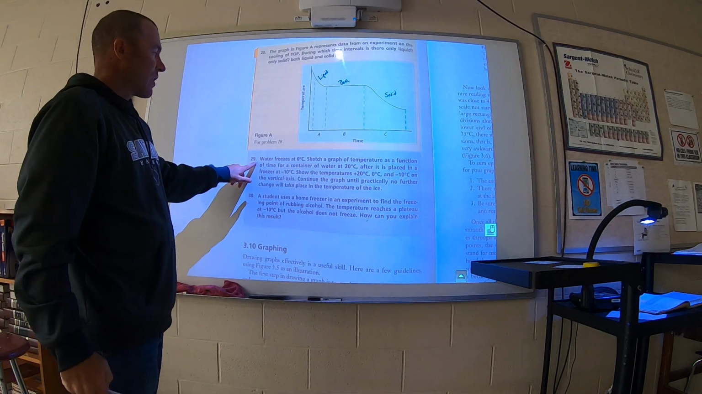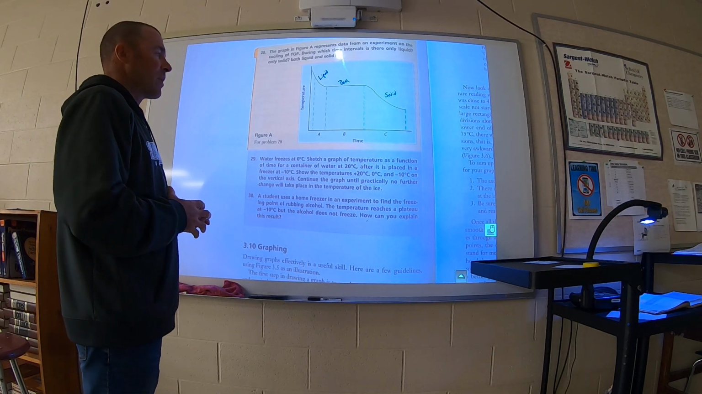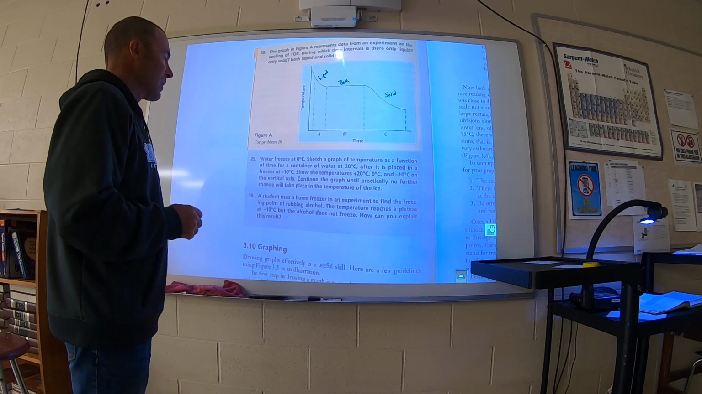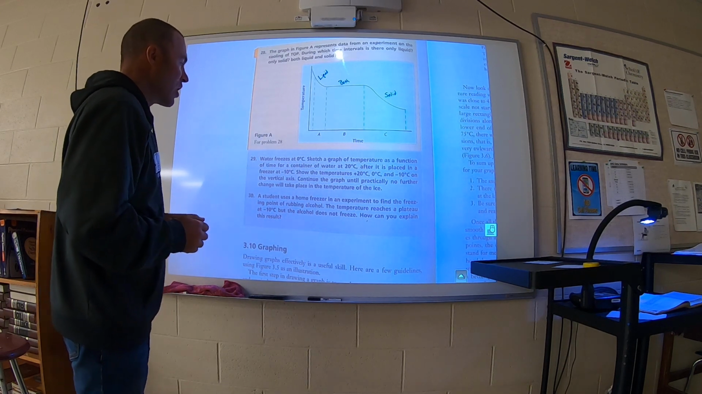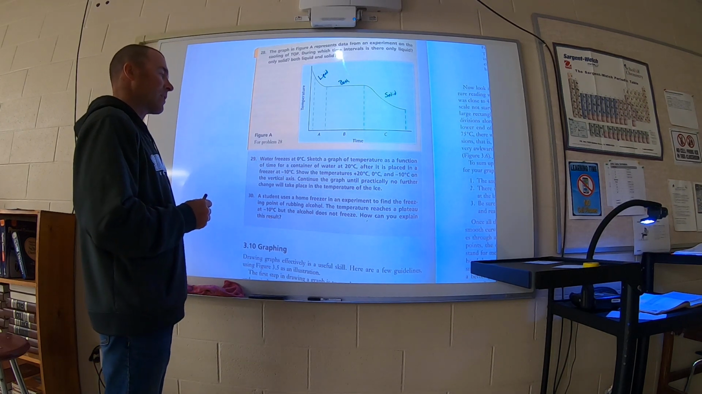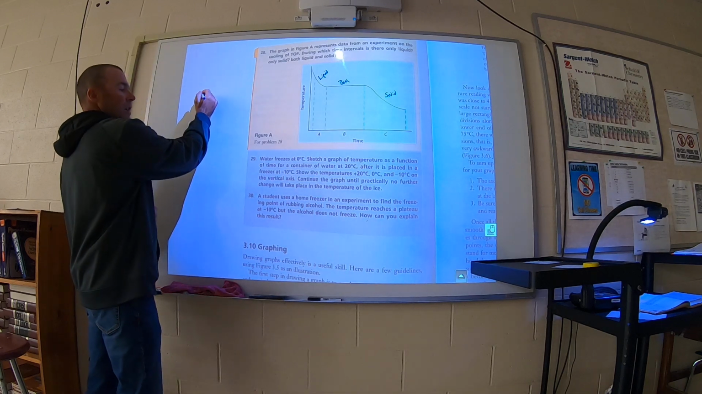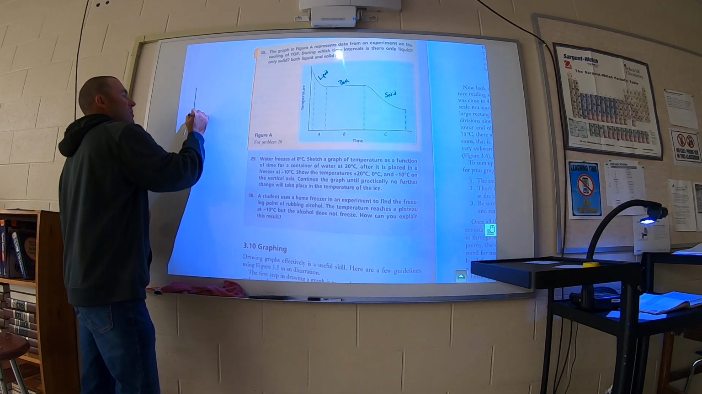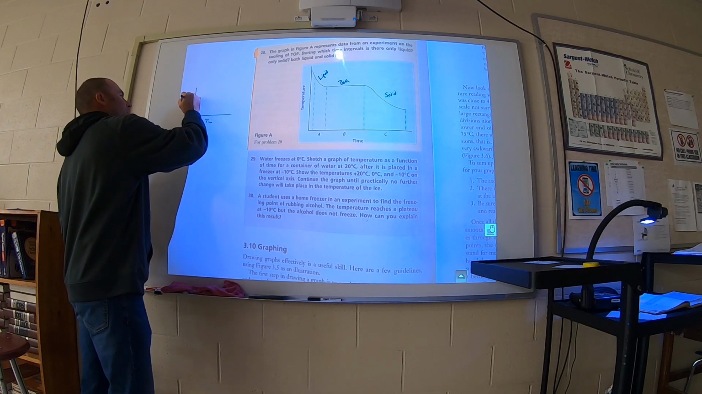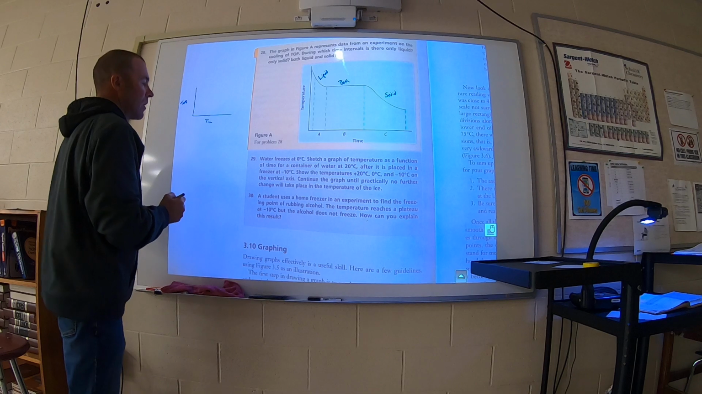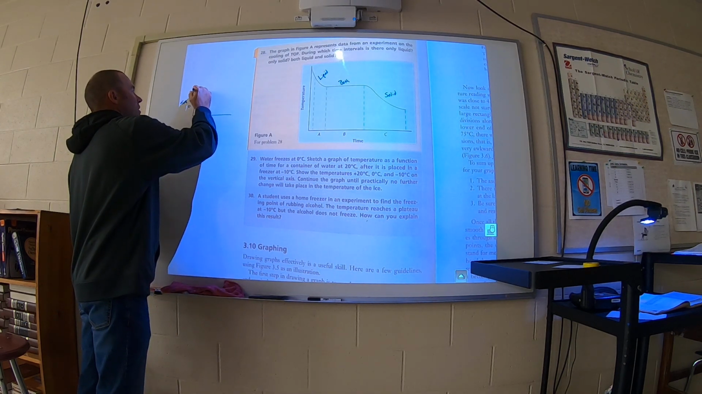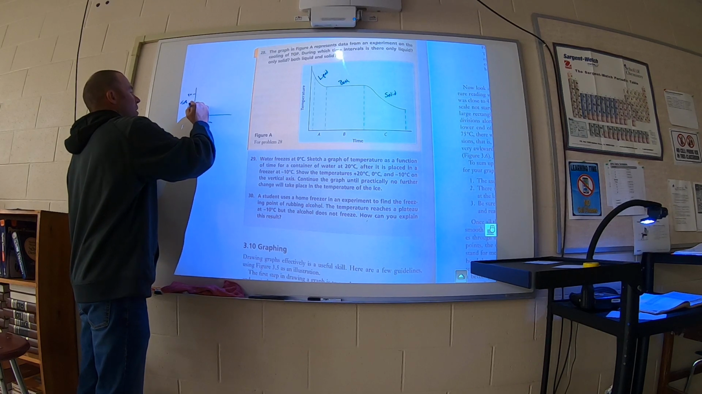Number 29, water freezes at 0 degrees Celsius. Sketch a graph of temperature as a function of time for a container of water at 20 degrees Celsius after it's placed in a freezer at -10 degrees Celsius. Show the temperatures 20, 0, and negative 10 on the vertical axis. Continue the graph until practically no further change will take place in the temperature of the ice. So I'm just going to sketch this. So again, we'll put time across the bottom, temp along the side, and the temperatures they want are 0, 20,